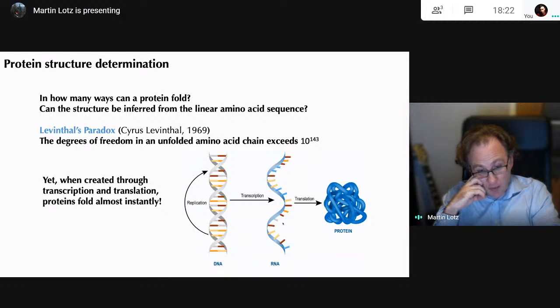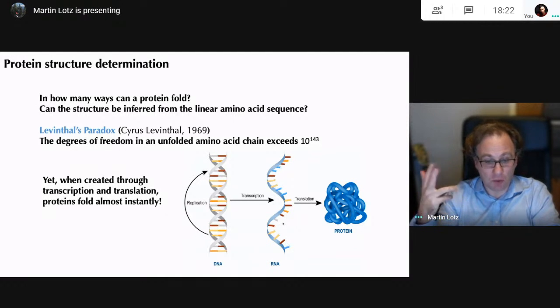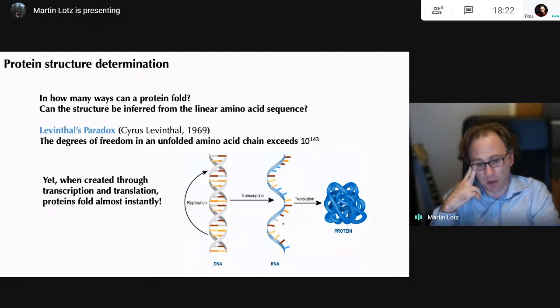when proteins are created, they are usually translated from RNA, which is in turn transcribed from DNA. So you have DNA, which is the genetic code, and that generates a strand of RNA, which then generates these proteins. And this is also, by the way, another thing that has been in the news: mRNA vaccines. So for COVID, that's essentially also how they work. They have pieces of RNA that generate proteins, certain spike proteins that are then being attacked by the immune system, and so when these